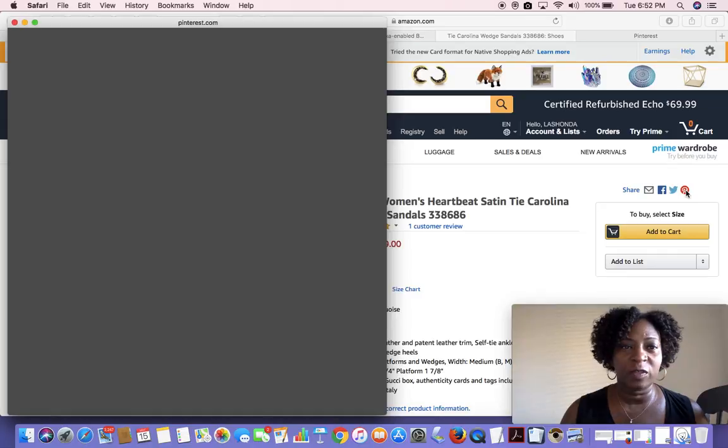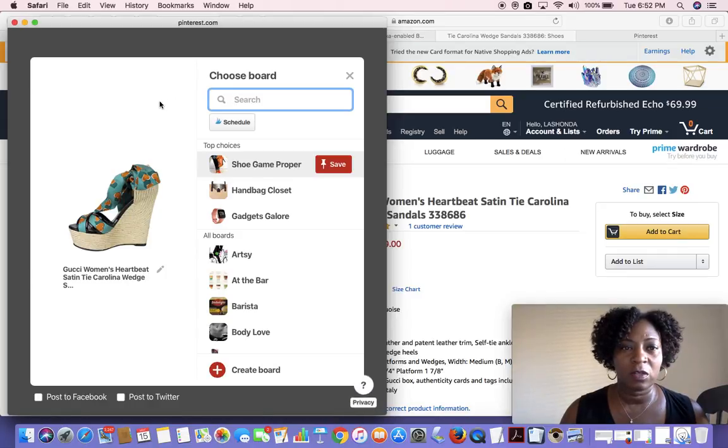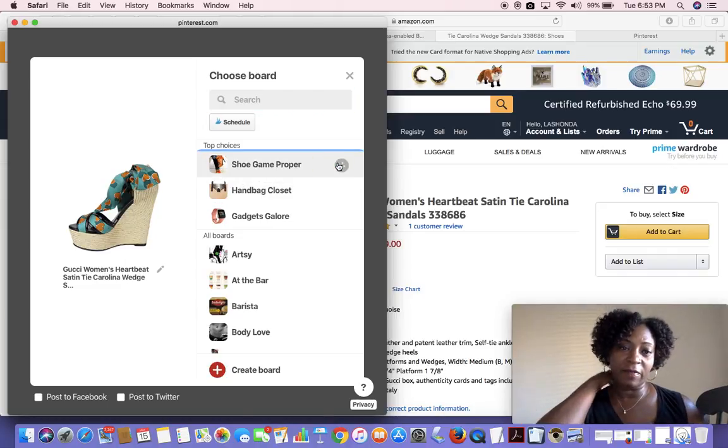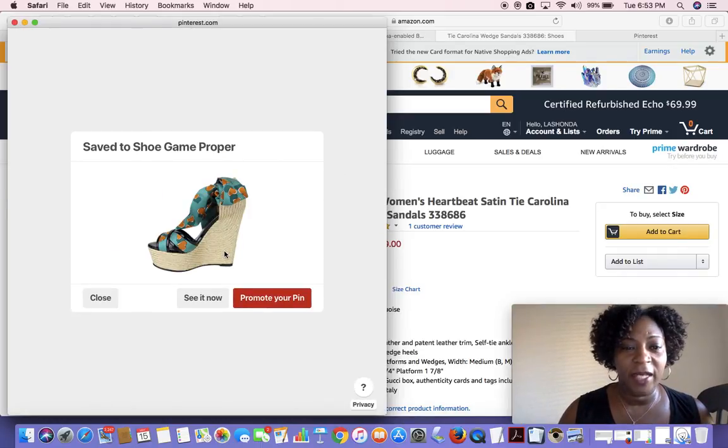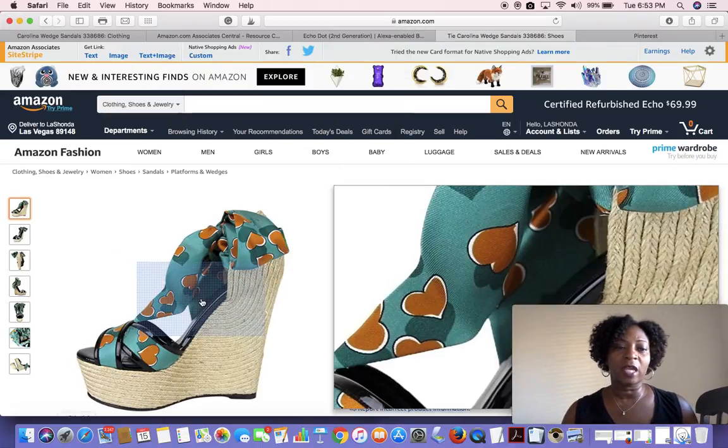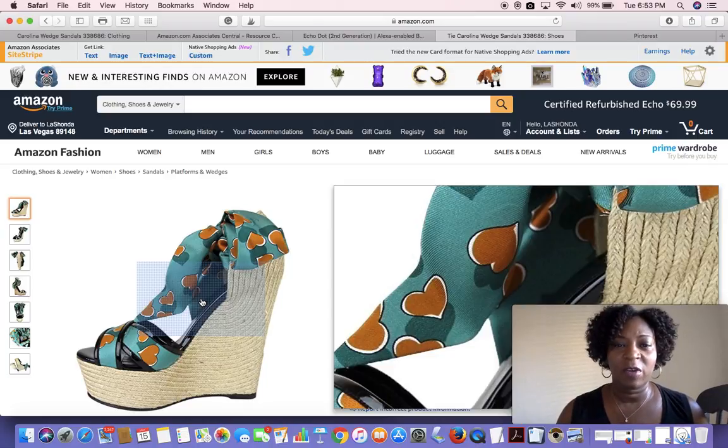Now once you get over to Pinterest, you want to select the right board where you want your shoes to go. So my shoe board is called Shoe Game Proper. So what I want to do is just select save there, and then it'll ask me, do I want to see it now? Yes. So it's going to take me over to my board and show me